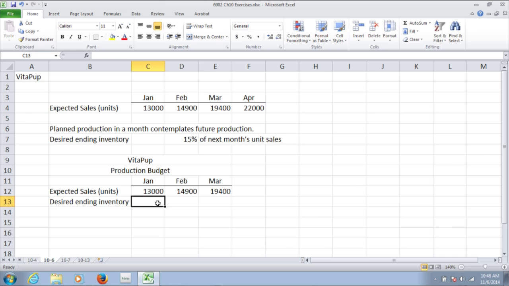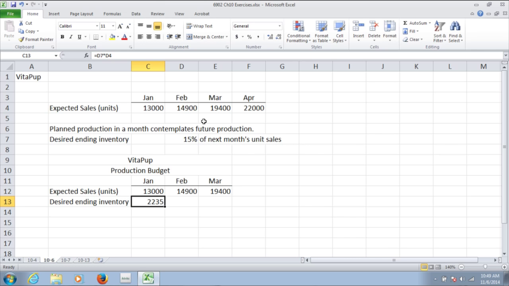Okay. So in January, we want to produce enough to have our unit sales, but then we also want to have some on hand at the end of the month. And in particular, that is that 15% number of February sales. So 15% of the 14,900. That's what we would want to have on hand because, maybe at the end of January or early February, we'll be making some sales and we want to make sure we have enough on hand. I hate to send a customer or potential customer to a competitor and say, well, we don't have any dog food, move along. So this amount, 15% of 14,900, is our budgeted goal for the ending inventory at the